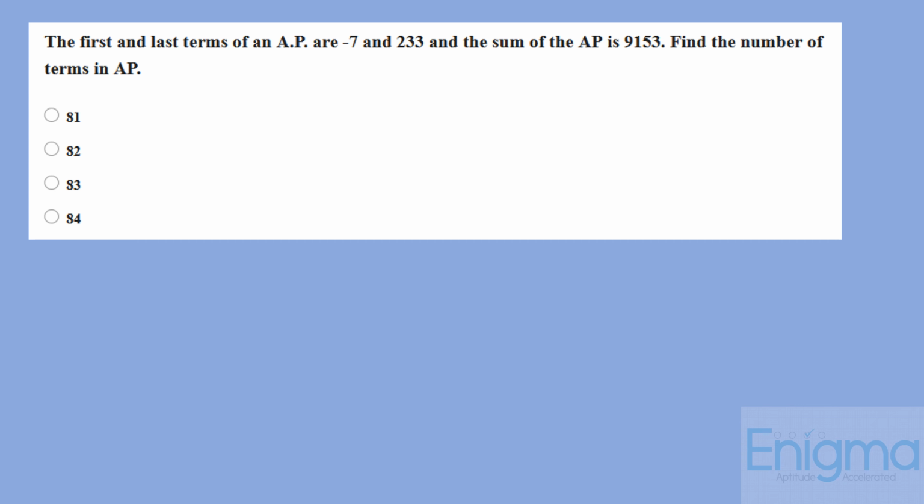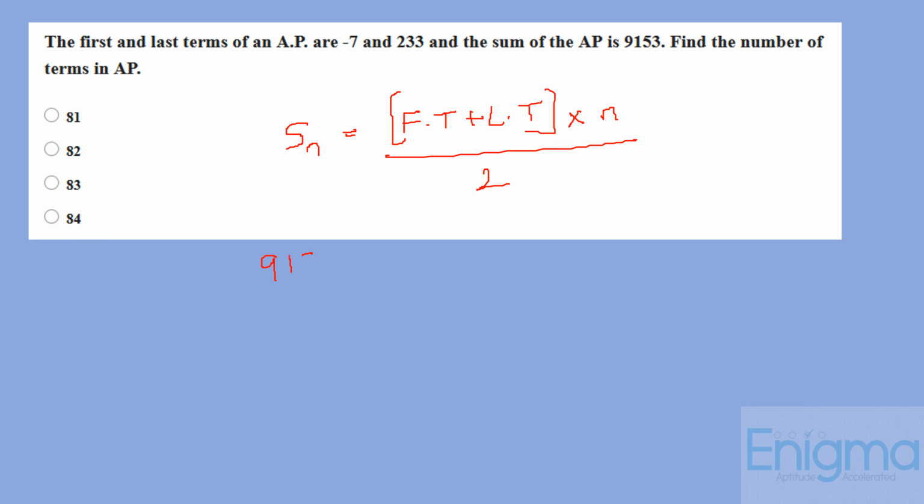Now, we know the formula for sum of terms in AP as first term plus last term into n upon 2. So let's just substitute the values here. So we get 9153 into 2